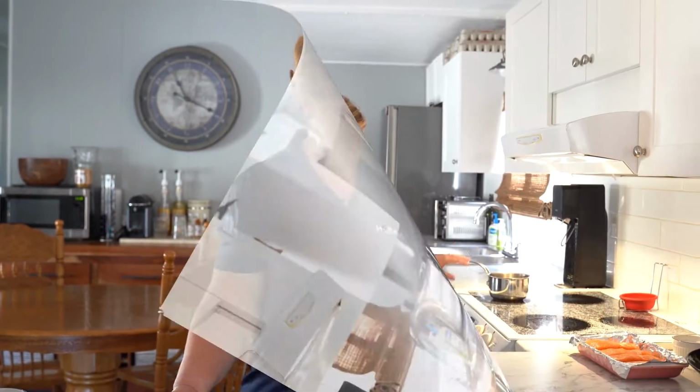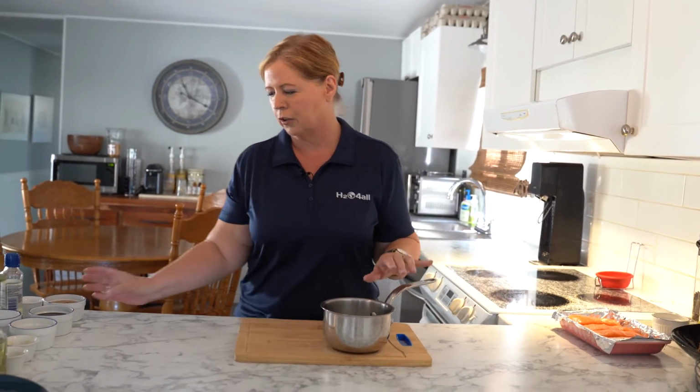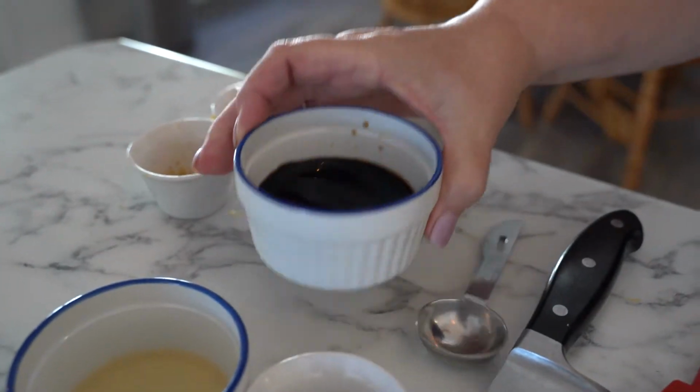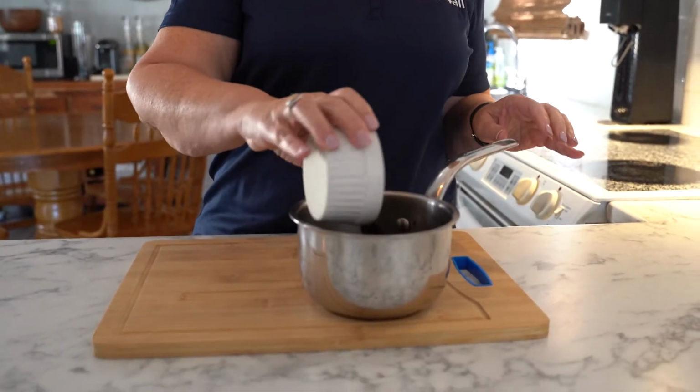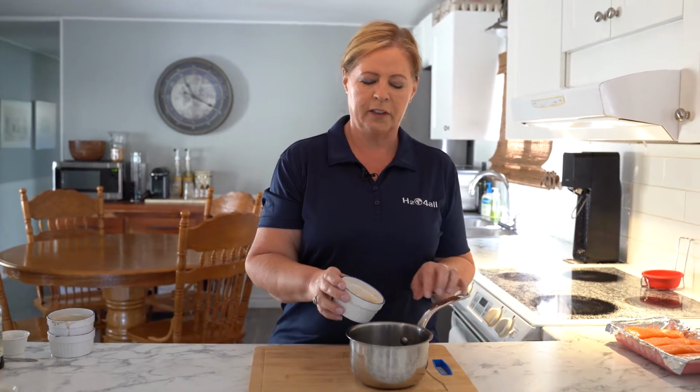So let's get going. We're gonna start by making our teriyaki dressing. In a pot, you're gonna mix half a cup of brown sugar, half a cup of soy sauce. I use Bragg's because it's gluten-free and it's all natural. A quarter cup of apple cider vinegar,